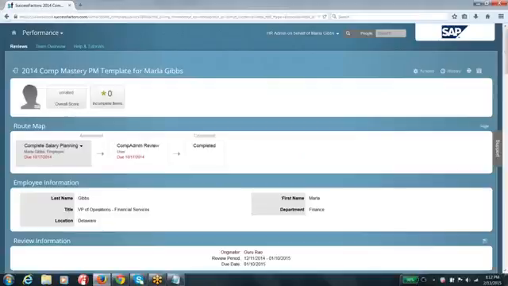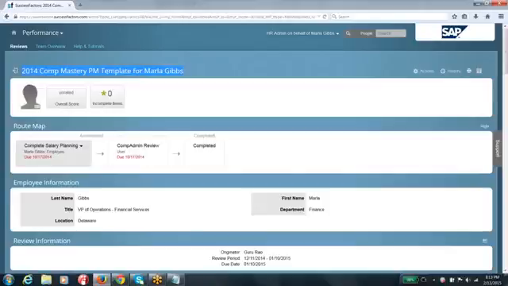So this is one of the performance plan templates, or I can say the performance form, because the template is what the administrator is going to work on. Just remember, we are going to work on the templates, and these forms, starting from your goal management module. Just to make sure that you understand, the template is what the administrator is going to configure, and based on the template you are going to launch the individual forms to the employees.